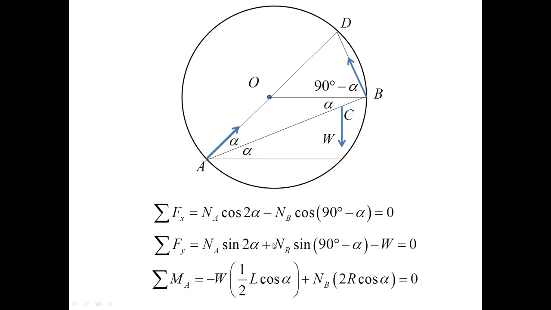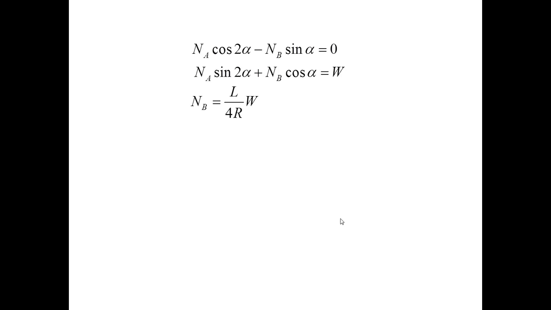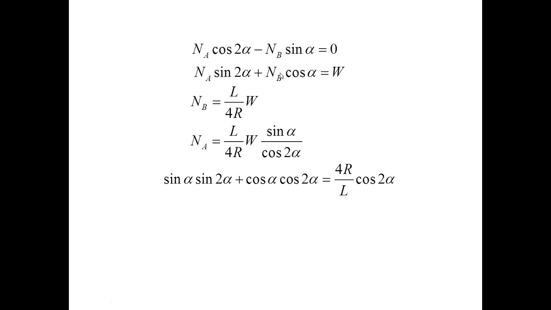slightly simplify the first two equations by removing the dependence on the 90-degree angle, and I will obtain these two equations. The last equation for the moment can be simply solved for the force NB. Now I can substitute this equation into the first one to obtain the expression for the force NA. And finally, I can take these two expressions and substitute into the second equation, which will give me the following